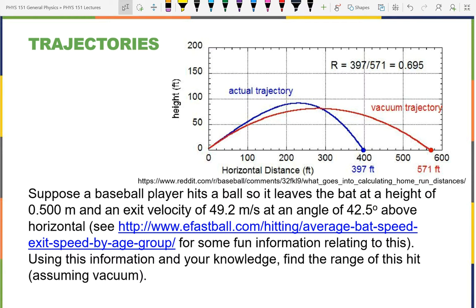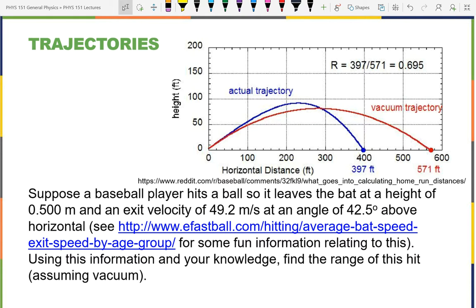And so this graphic, which comes from this website, shows the difference in what would happen if you were in a vacuum. This red line is the general physics answer for how far you're going to hit the baseball. The blue line is what really happens because there's air in the stadium. The initial separation here is because of spin. The ball goes up and it comes down and it lands a fair amount shorter.